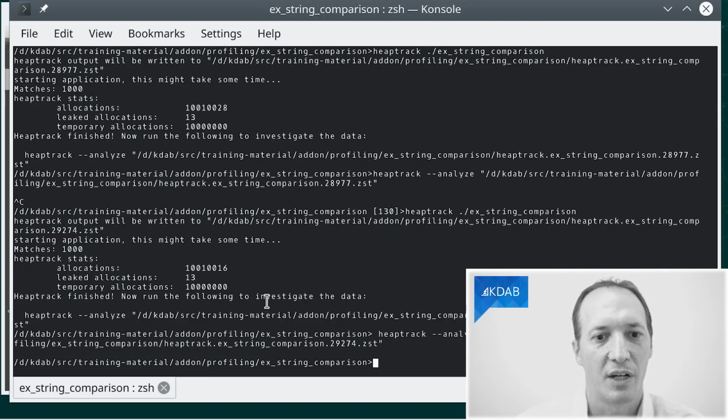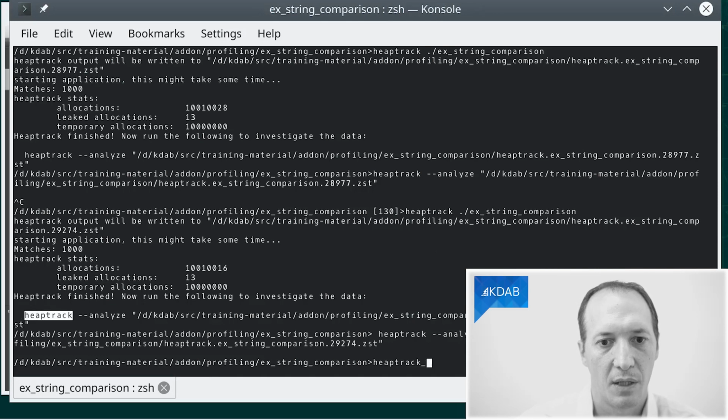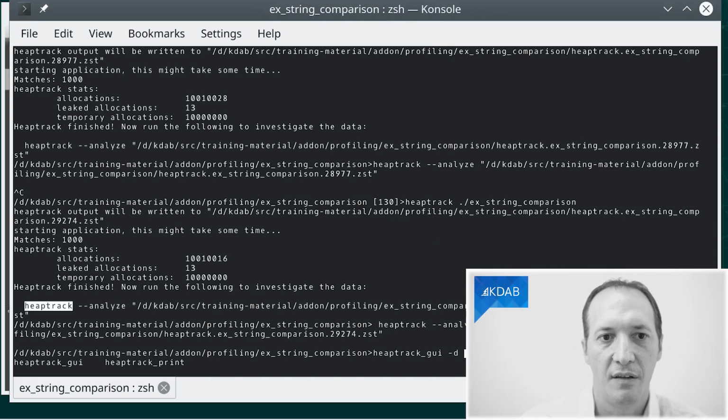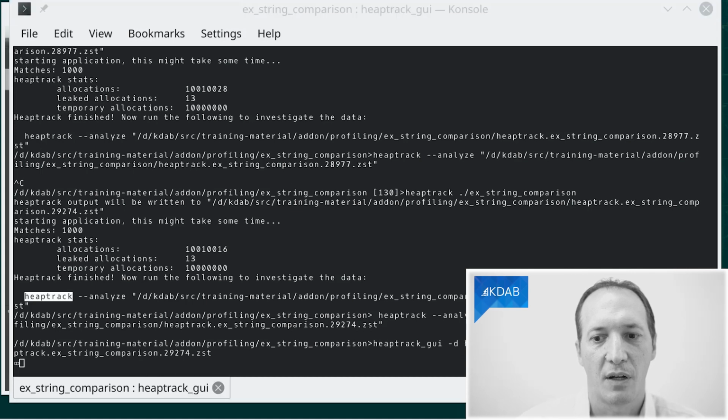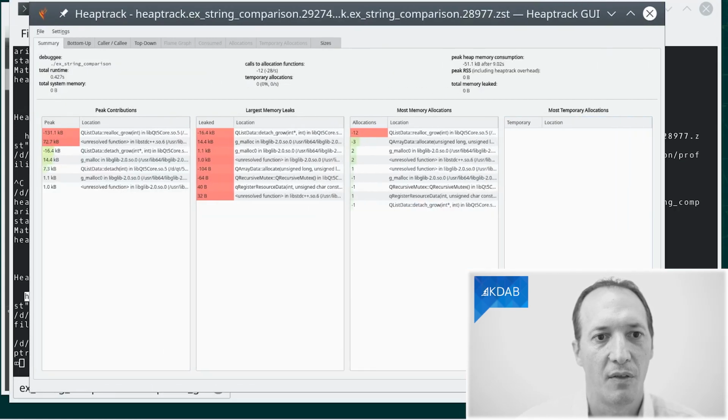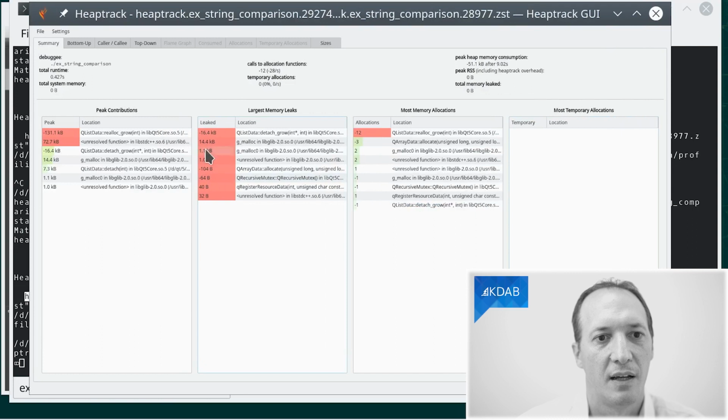If I want to see how much I gain by doing that, I can also do HipTrack GUI -d for diff. Give it both files. They are the two zst files in my current directory. And now HipTrack is in diff mode. It will show me the difference between the two runs. And I can see that I have some fewer allocation functions being called, a lot less memory being used.